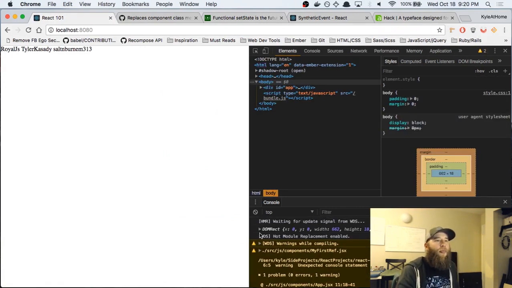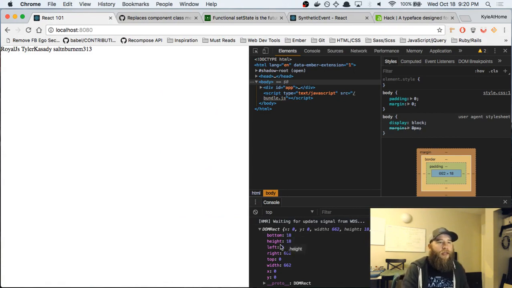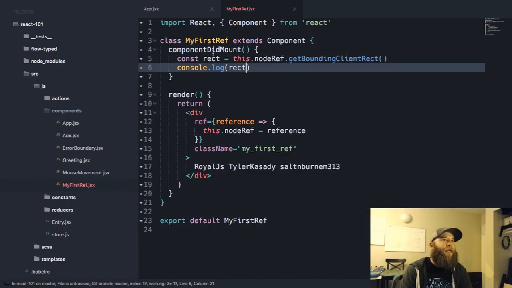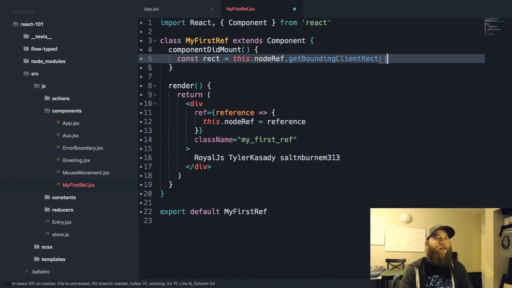And there we go. We can see the coordinates of it, how big and how tall it is. Using refs is a way for us to actually get at the DOM element itself. And maybe some of the things you need to do require setting event handlers that way. Maybe, I don't know why, but I'm going to give this a try. We'll see if it works.